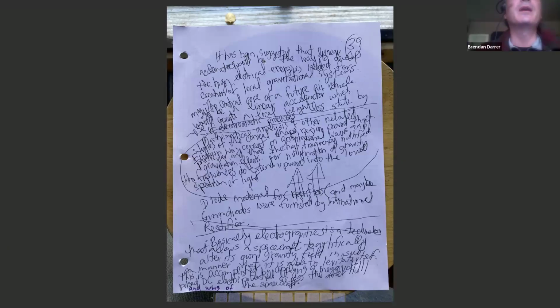It has been suggested that linear accelerators would be the way to develop the high electric energies needed for creation of local gravitational systems. The central core of a future air vehicle might be a linear accelerator, which would create a local weightless state by use of electrostatic